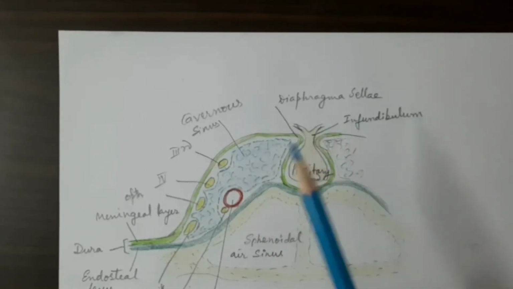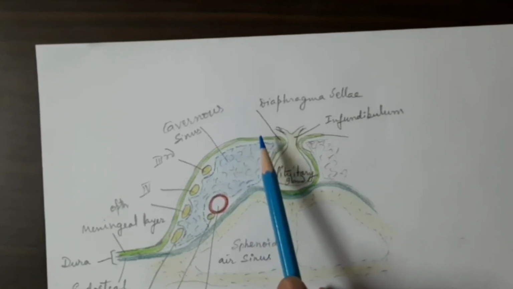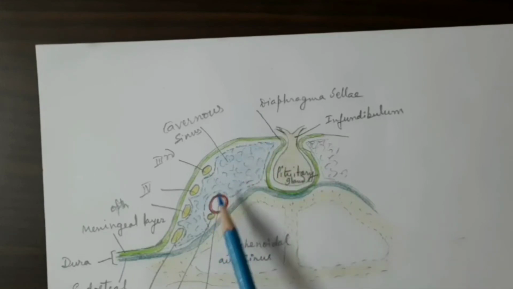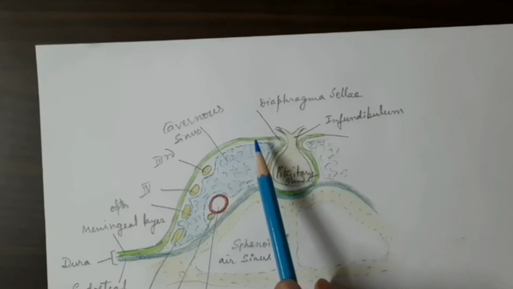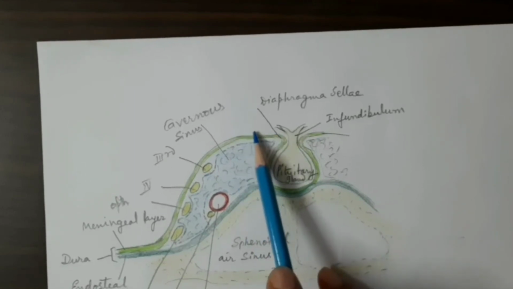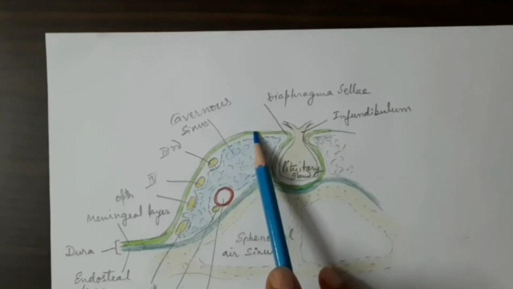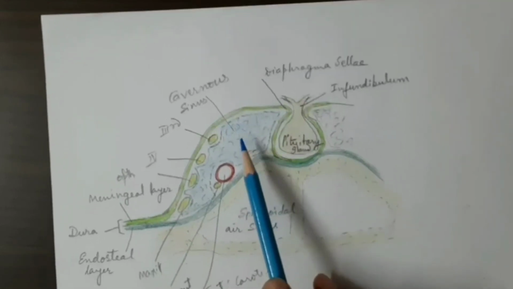the cavernous sinus here is in relation to the optic tract, and the internal carotid artery, which after piercing through this cavernous sinus will come to lie near the roof anteriorly. This is also lying just deep to the anterior perforated substance of the brain. So these are the superior relations.